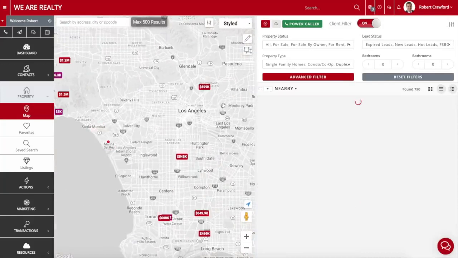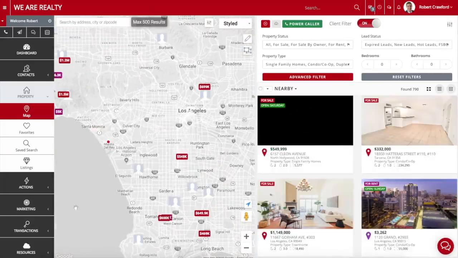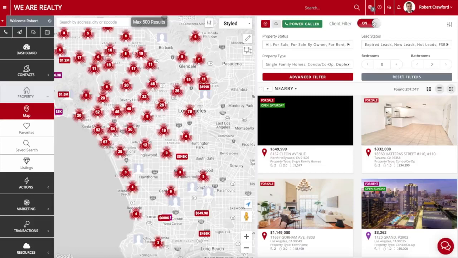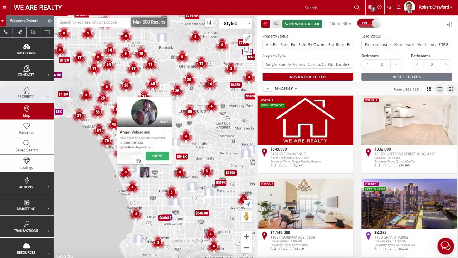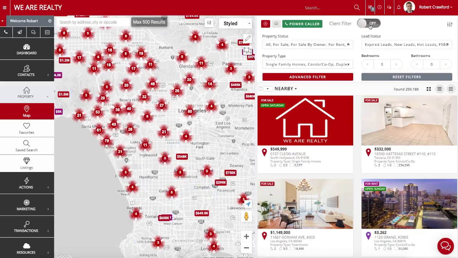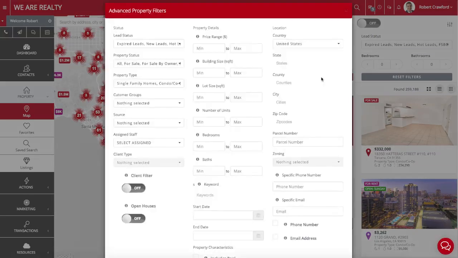All results will only be within the targeted map area or the selected areas within the map. But before we define the exact areas that we're looking for, let's go ahead and set some filters. First, I'm going to want to turn off the client filters because there's no need to see our contacts on the map at this point. Then I'm going to go to the advanced filter,